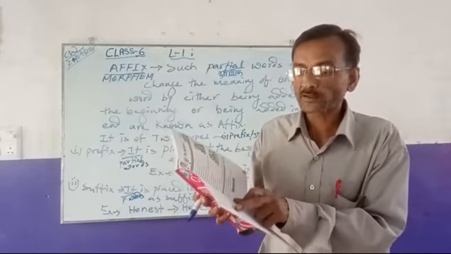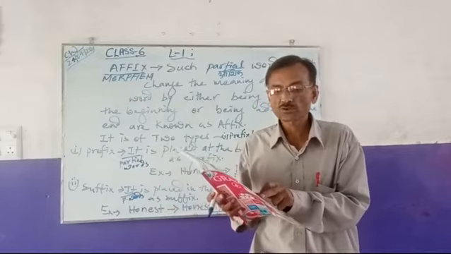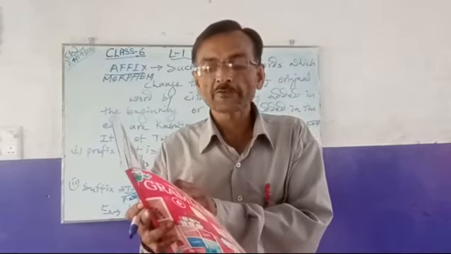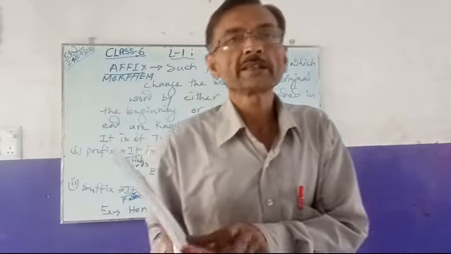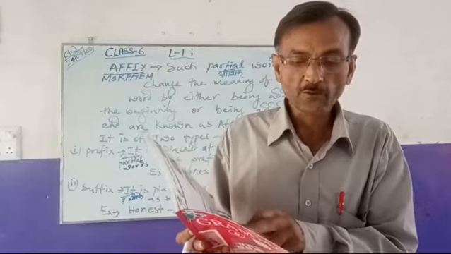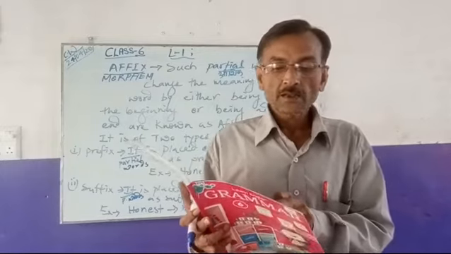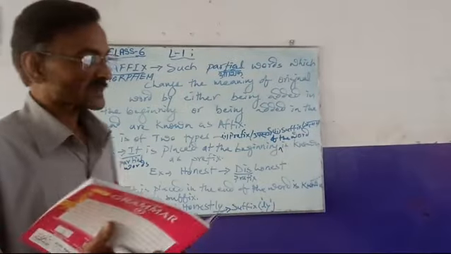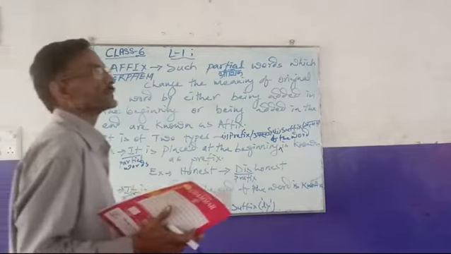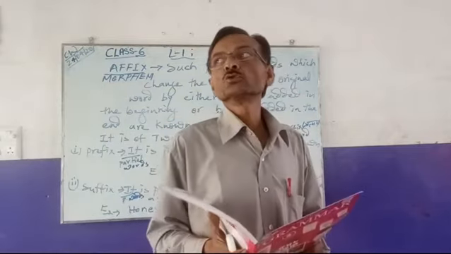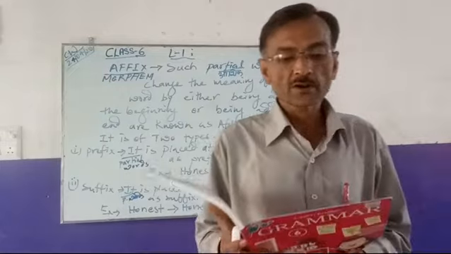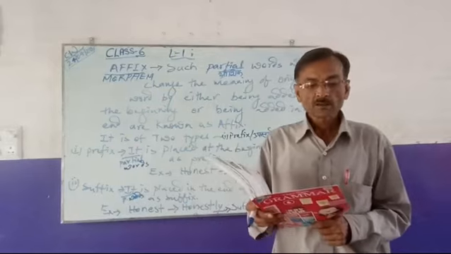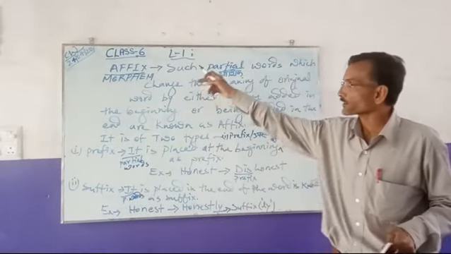So here it has been written, phrase and clause. You have been given to understand both. A group of words without a verb is called a phrase. A phrase does not carry any verb; it is especially one that forms a part of a sentence. In fact, it is a group of words forming a short expression. A clause is a group of words that includes a subject and a verb, forming a sentence or a part of a sentence. Before that, I would like you to concentrate on this affix part.